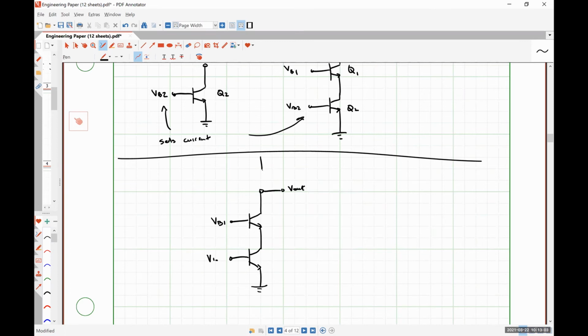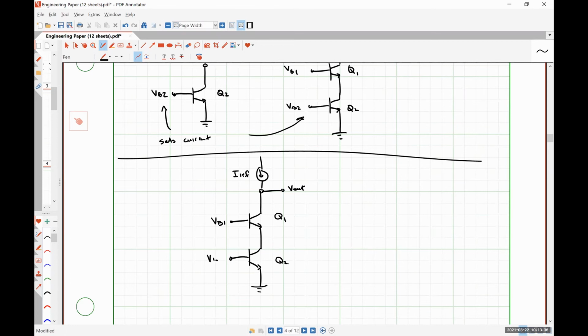V out, and we're going to put a reference current up top here. And we won't worry about where that reference current comes from for right now. Everything below V out here looks pretty darn similar to what we've been dealing with, right? So we could think of it as Q1 being cascoded by something and do a whole bunch of work. But in my opinion, an easier way to quantify what's going on here is to think of this as a